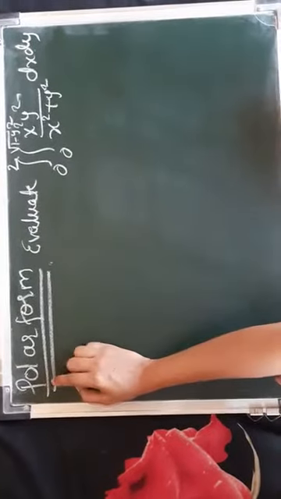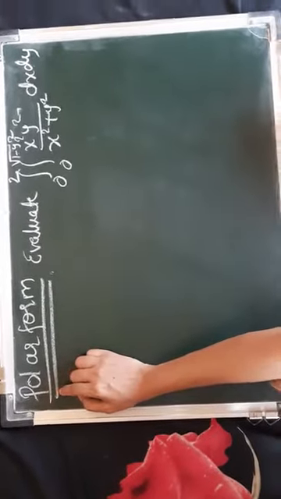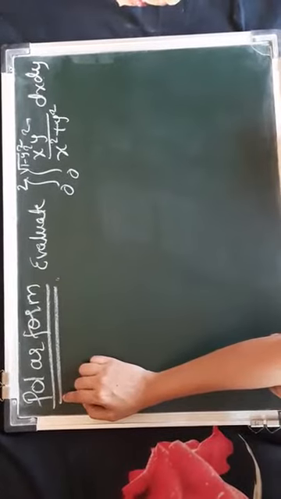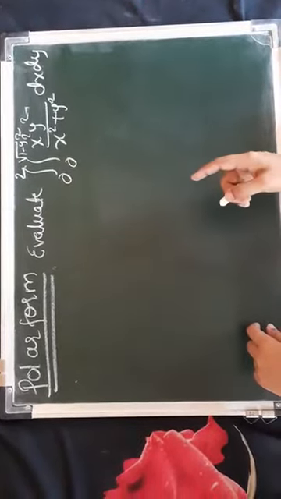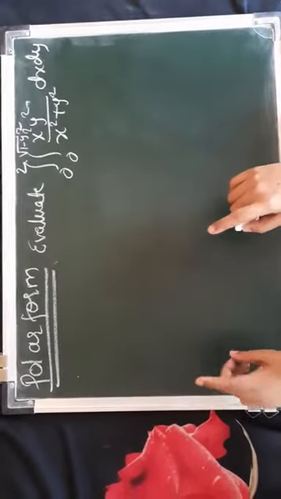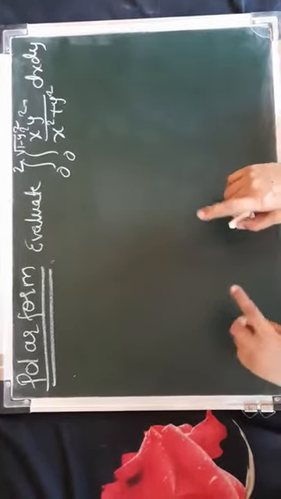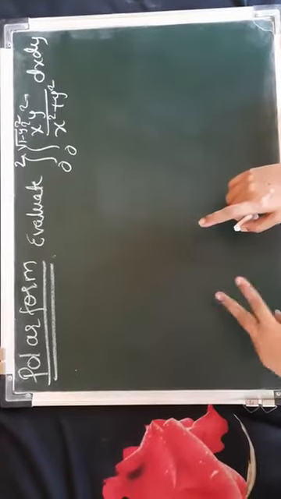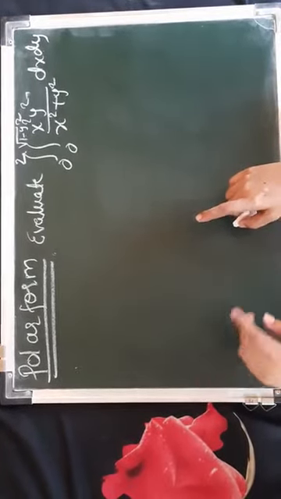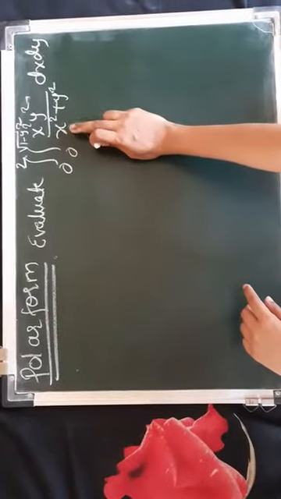So one of the most important parts of double integration, for which a direct example may not be asked in the exam, but which will be very useful to solve triple integration, is the conversion of Cartesian equations to polar form. So when do we use it? That is the first point that should be understood. How do we use it? That is the second point. So let me come to the first point, that is, when do we use it.